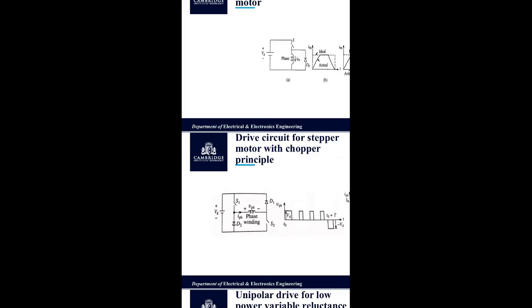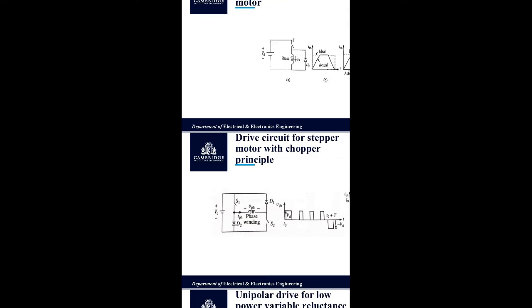This connects the phase winding to the DC source voltage Vd and phase current IPH builds up very fast. When it crosses the rated current IR by a prescribed amount, S1 is switched off. The phase current freewheels through S2 and D2 and decreases below IR. After a fixed interval, S1 is turned on and phase current IPH increases. When it exceeds the rated current IR by the prescribed amount, again S1 is turned off. Thus, by alternately turning the switch S1 on and off, the phase current value is maintained to be nearly IR.